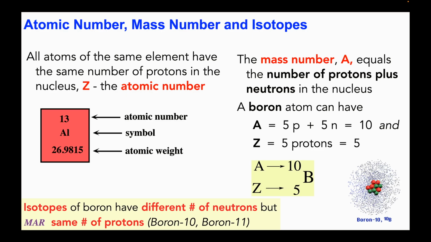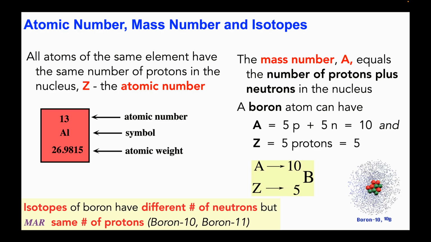The third piece of information for each element in the periodic table is the atomic weight, or the molar mass of the particular element you're looking at. So for aluminum right there, that's 26.9815. If you look at boron on the periodic table, it's roughly 10.8. And the atomic weight / molar mass number comes from the fact that it takes all of the isotopes and